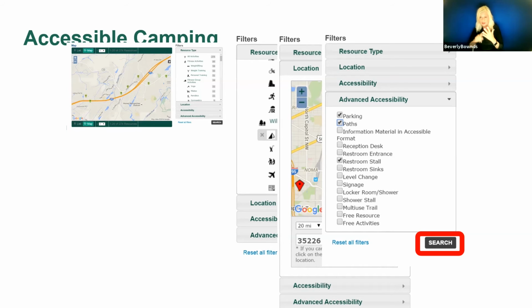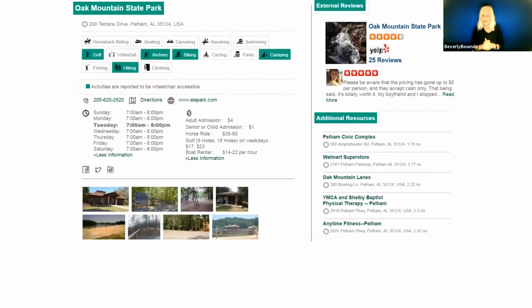We went so much into depth that we even assessed the accessibility of restroom stalls and sinks. So when you give those details, this is what the system was showing. This was an accessible resource, Oak Mountain State Park in Alabama, in one of the counties that the students collected data for. Along with the camping, this also provides details about what other options are available